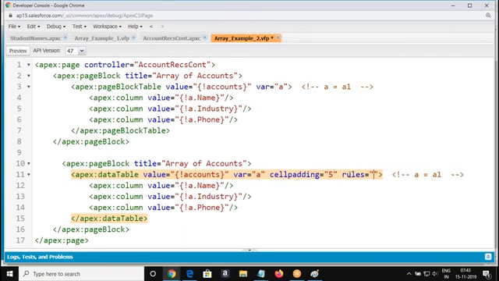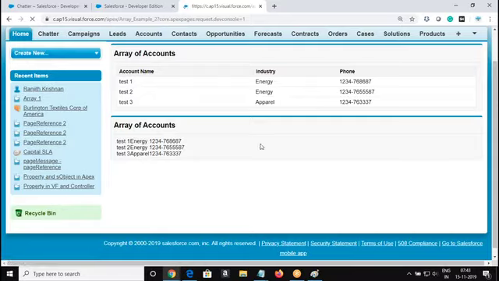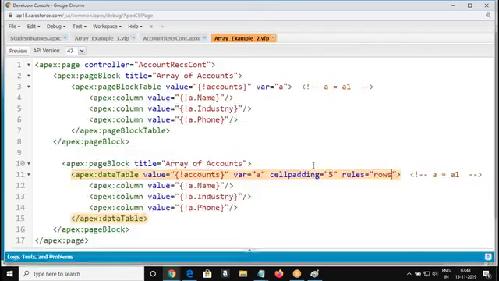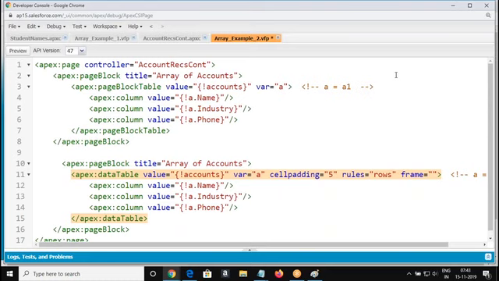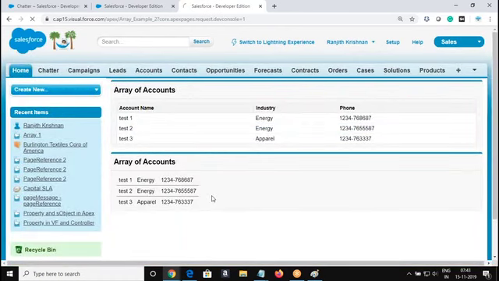There is an attribute called rules; I'm going to add row-wise rules here, and by using cell padding we add some space between the cells. Okay, we got this, and I'm going to add some border here. There is an attribute frame; I give border here. It's going to add a border to the table.